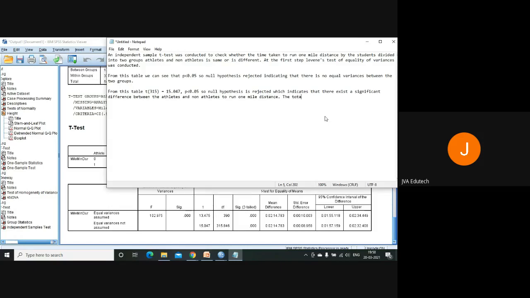The total time taken by the athletes was,